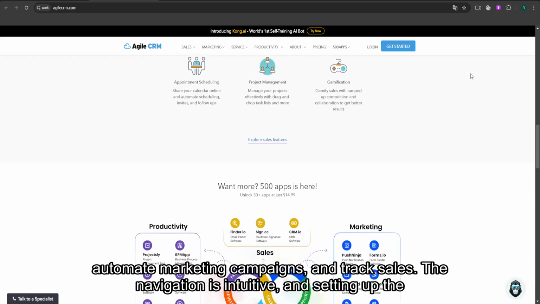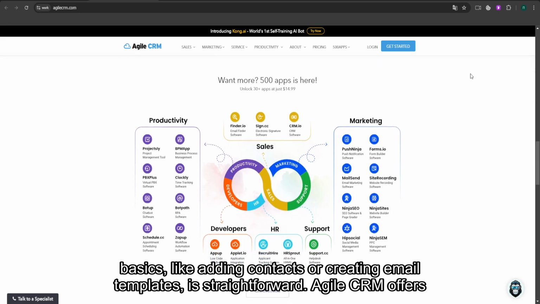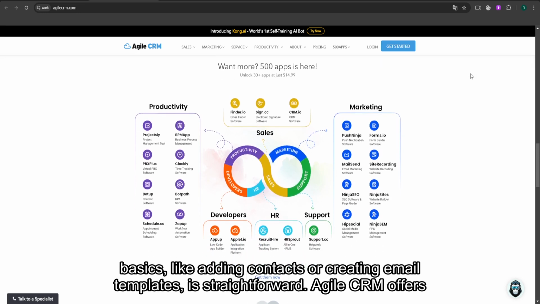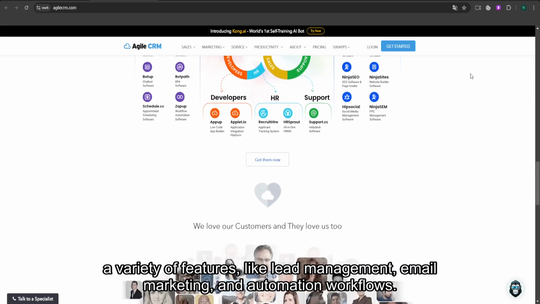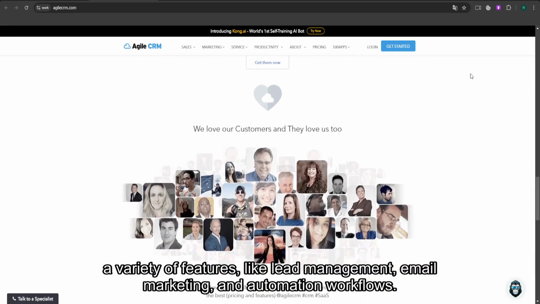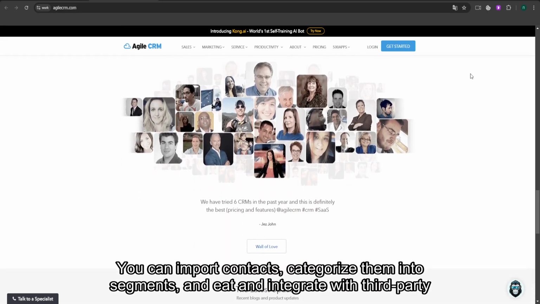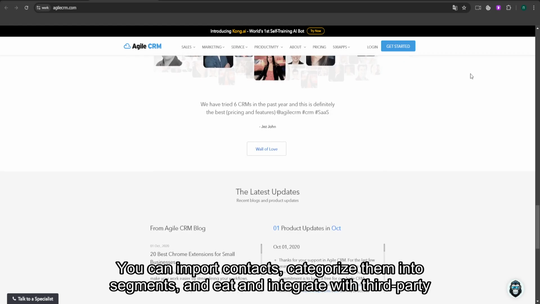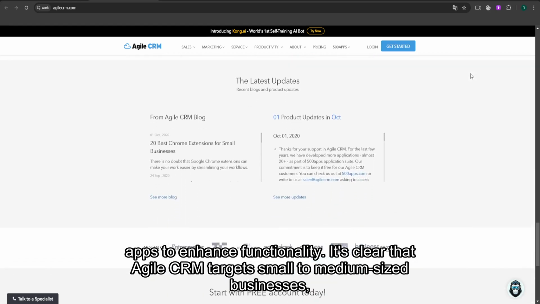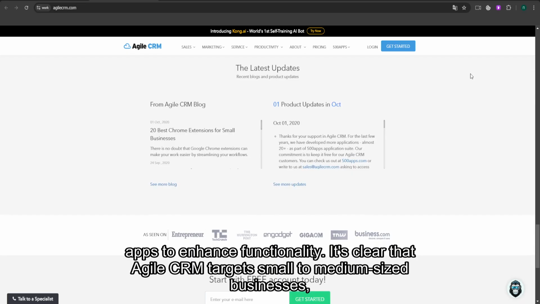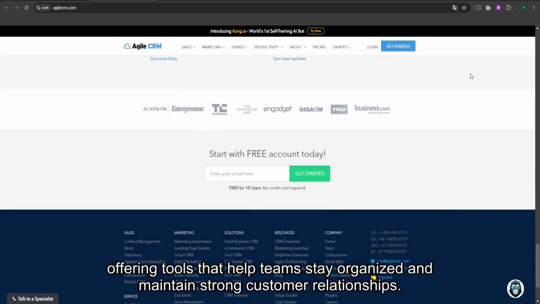The navigation is intuitive, and setting up the basics, like adding contacts or creating email templates, is straightforward. Agile CRM offers a variety of features, like lead management, email marketing, and automation workflows. You can import contacts, categorize them into segments, and even integrate with third-party apps to enhance functionality. It's clear that Agile CRM targets small to medium-sized businesses, offering tools that help teams stay organized and maintain strong